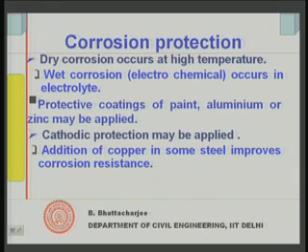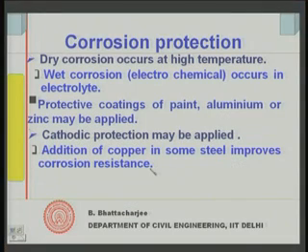Coatings form a barrier. I would like to give you some more information about this coating. Aluminum or zinc coating, galvanizing, where a zinc coating is applied. When applied, these form their own oxides quickly at the surface of the steel and provide a barrier for further corrosion to take place. Addition of copper and some other alloys like chromium, stainless steel, a high percentage of chromium, means they do not corrode so easily.